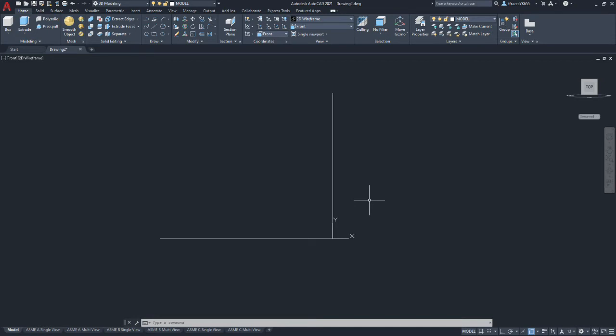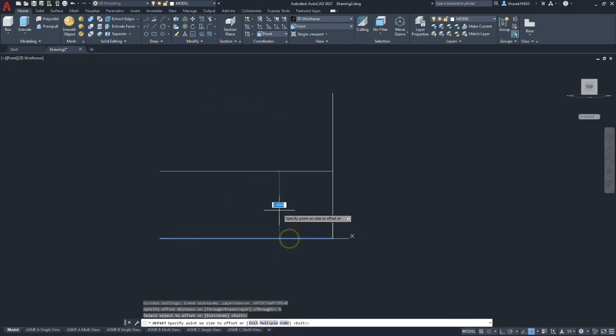And we're going to offset the first one 3 inches, because the overall height of the part is 8, and then the vertical flange on the right side of the part is 5 inches, so that makes the difference 3. So we're going to do an offset of 3 inches and offset for the thickness of the part. Now in the opposite direction, we're going to hit enter and go back into the offset command, and we're going to put in 9.20, which gives us an intersection of the corner.